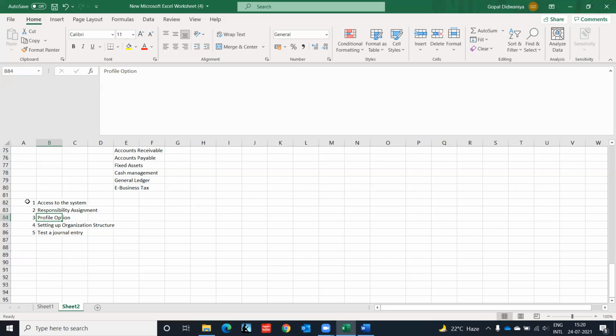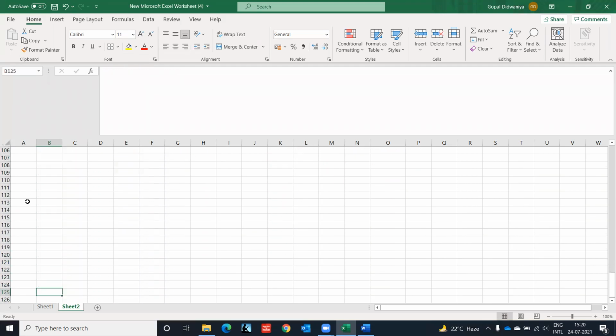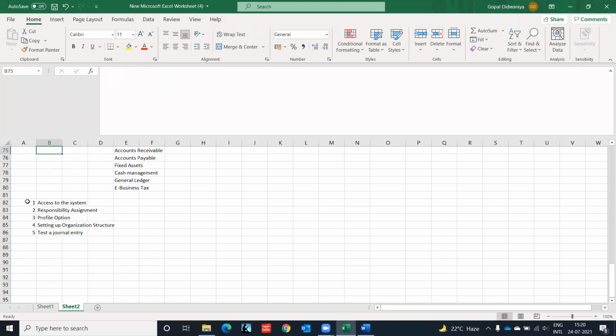Okay. Then setting up org structure, we discussed the org structure here, business group, legal entity. All this we have to do the setup. Then after doing the setup, we will just go and test one journal entry, to see if all the setup we have done is correct or not. If we pass a journal entry, it will allow us to proceed further. After that, we will go